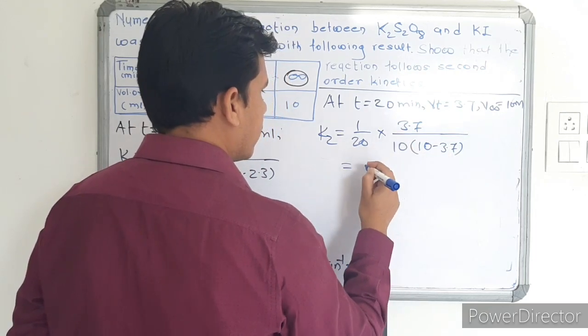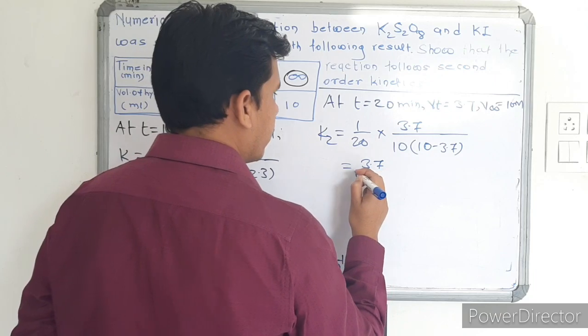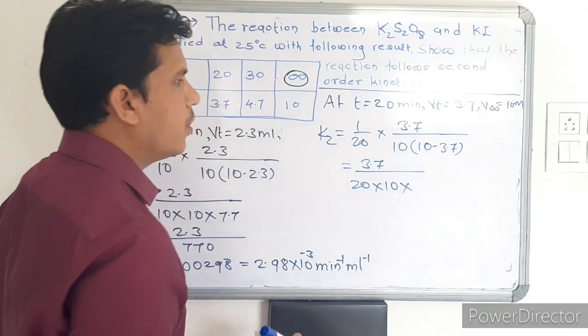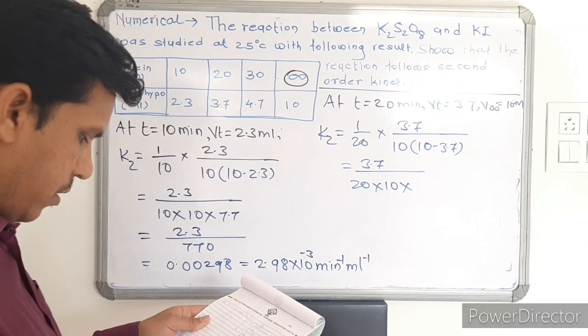By solving this, 3.7 upon 20 into 10 into 6.3